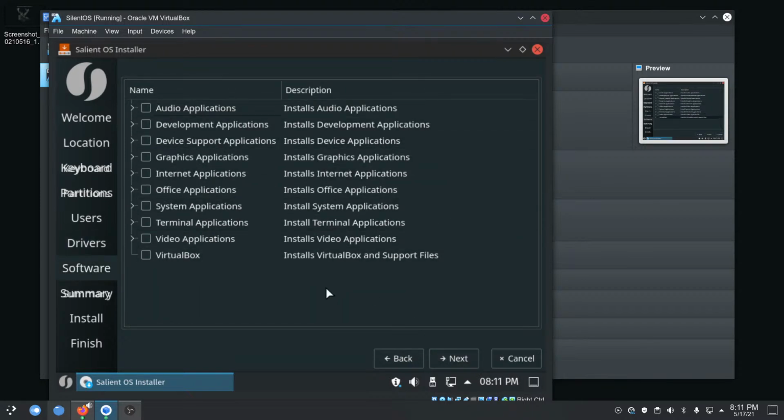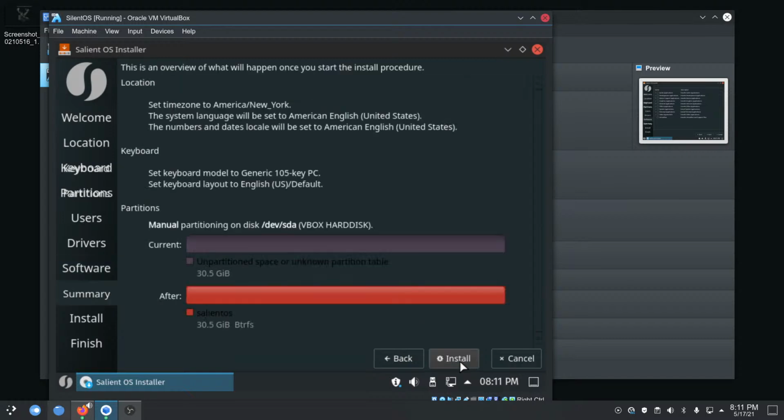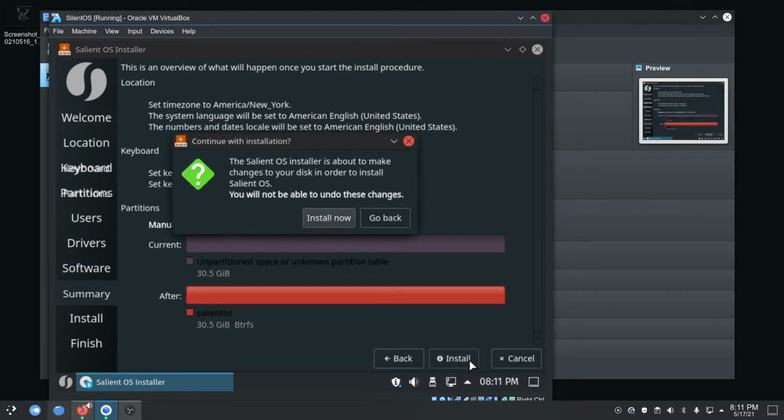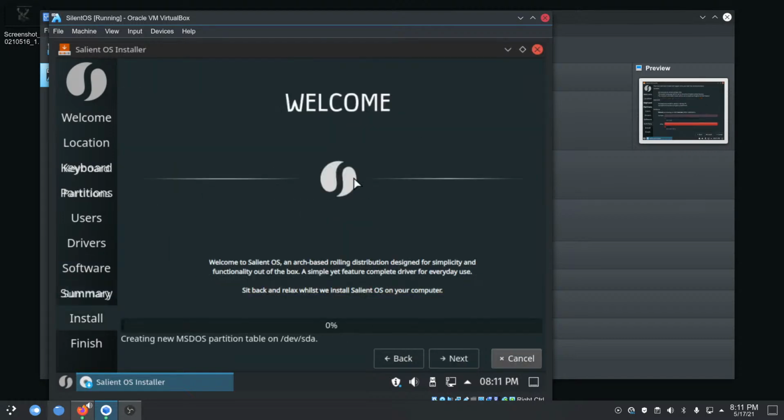Now I'm not going to hit any of these because I just want to show what's going on if it happens. So let's install. Hopefully you guys can see that. I know it's a small screen, but